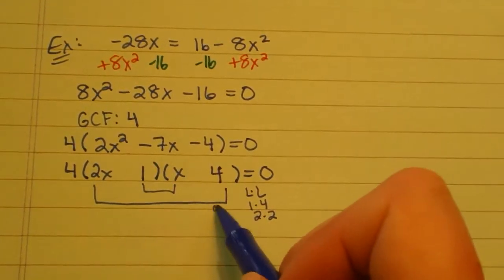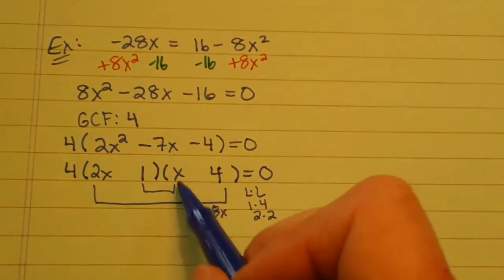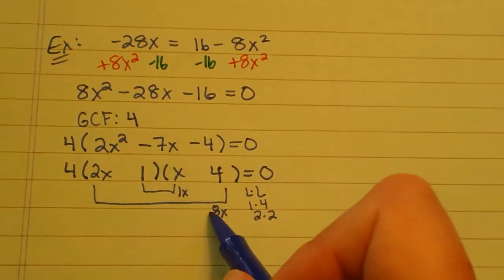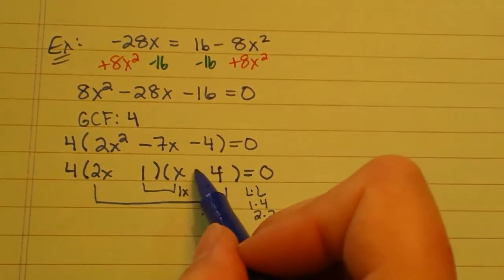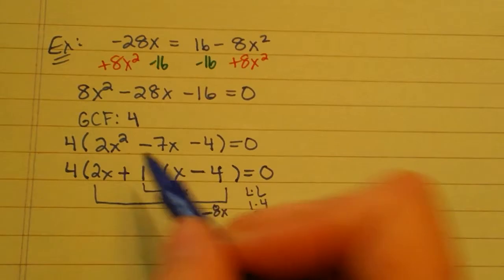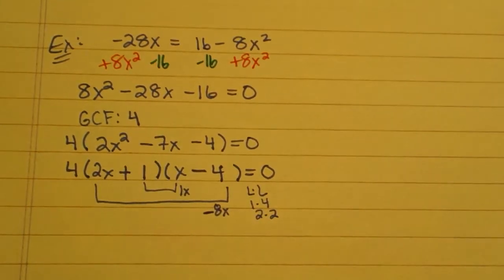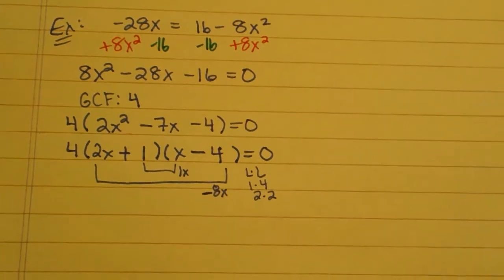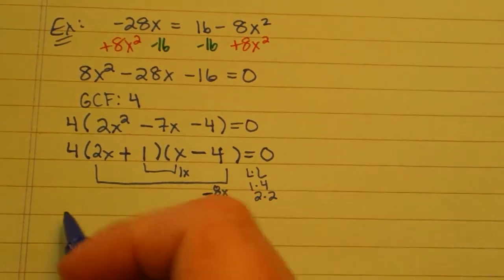The outside terms multiply to give 8x. The inside terms multiply to give 1x. Since I need negative 7x, the 8x needs to be the negative, so it will be x minus 4 times 2x plus 1. The next step in solving by factoring, after I have it factored, I'm going to use the zero product property